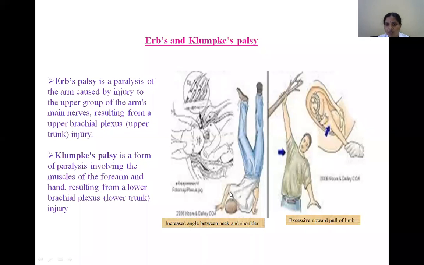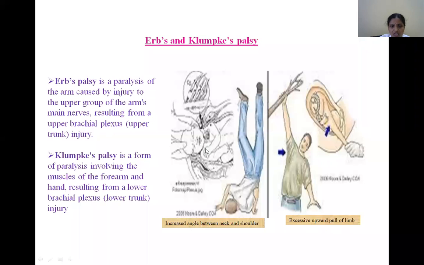So what happens in Erb's palsy? What is the cause of this Erb's palsy? See in this picture, during normal delivery there is no problem. But in forceps delivery, meaning forced delivery, what happens? They may stretch this neck region. By this overstretching of the head, the angle between the head and shoulder must be increased, right? Due to the increased angle, there is a stretching of the neck, particularly at this point of C5 and C6, which is otherwise called Erb's point. So the muscles which are supplied by the nerves at Erb's point are affected.